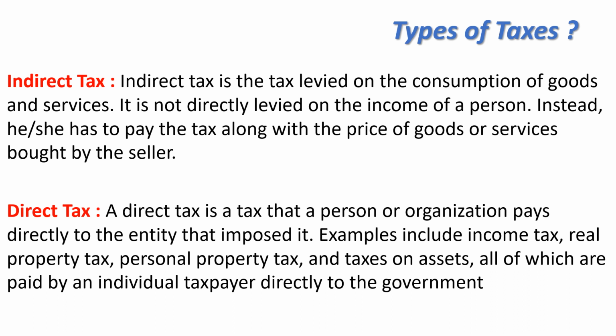Very easy concept. Indirect tax means what? The taxpayer is paying the taxes indirectly to the government, right? That means with the price of a good, the tax amount is included in the price, correct? And direct tax means what? Apart from the price, the taxpayer is paying the tax amount separately. Okay, the tax amount, and the amount for the asset and property, has to be paid separately, that is direct tax. Indirect and direct tax, these are the types of taxes. Clear?